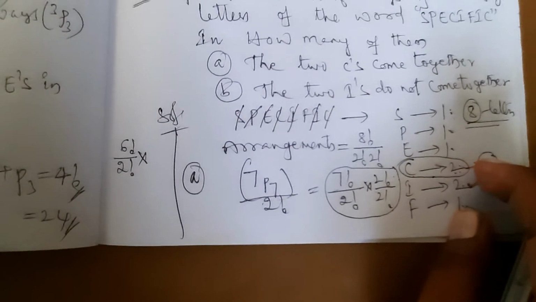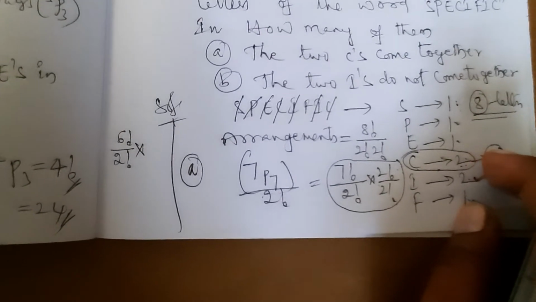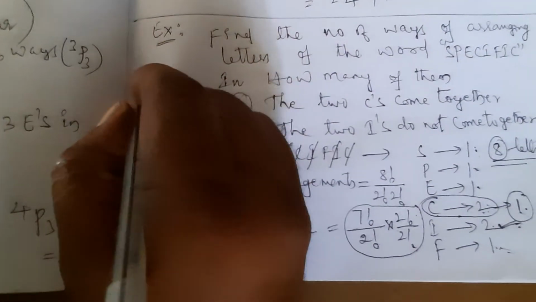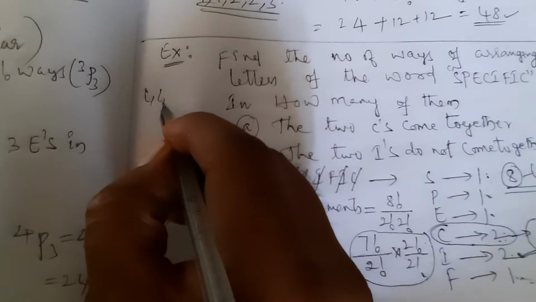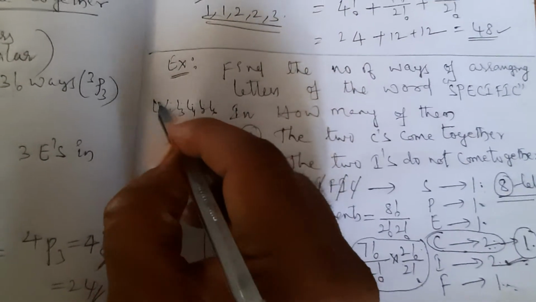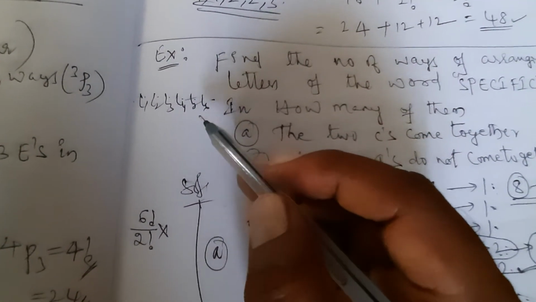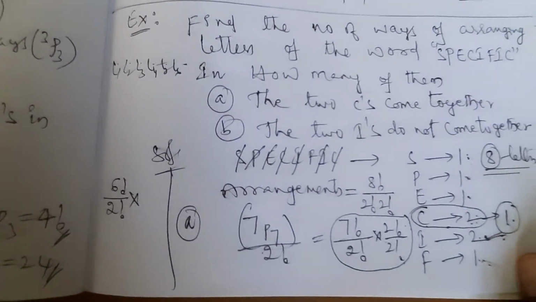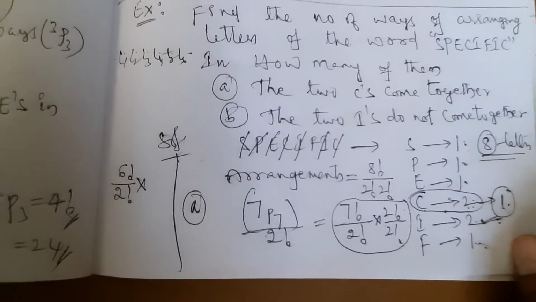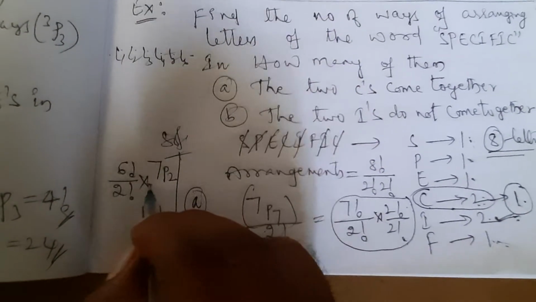If you arrange 6 letters, then between them and the two edges, how many gaps will you get? 7 gaps you will get. You may cross check. Listen: letter 1, letter 2, letter 3, letter 4, letter 5, letter 6. If I arrange them, between them and the edges, here one gap, here one gap, 7 gaps you will get. Now in these 7 gaps, the I's that you separated, you have to arrange them. So out of these 7 gaps, the 2 I's, how many ways can you arrange? 7P2 by 2 factorial.